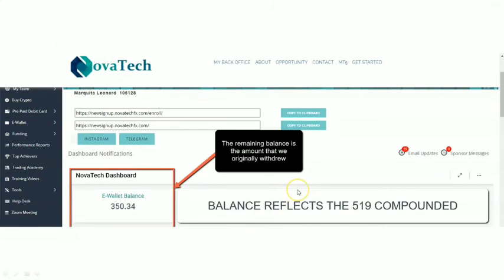Okay, now one thing I wanted to be clear of is when you submit your request, your e-wallet or your trading account balance does not automatically update. So if you were to click back into your back office and click on the My Back Office here to take you to your dashboard, you would notice that it may not update right away. So as you can see, I compounded the 519. It took about 3 hours for that to update in my trading balance, but then I was left with the